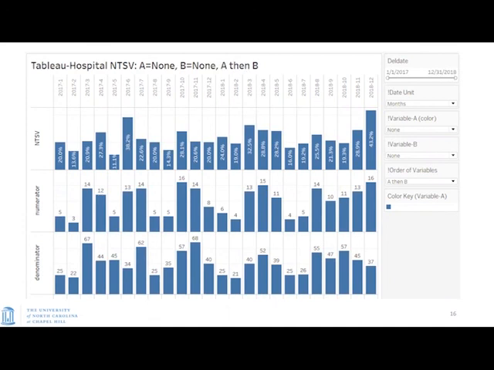T is for term. That means the baby is not a preemie, so the baby is 37 weeks or more. S is for singleton, so mom is not having twins, but is just having one baby. And V is for vertex presentation, so that baby comes heads down first. So if mom presents as an NTSV denominator, we expect mom to have a vaginal delivery.